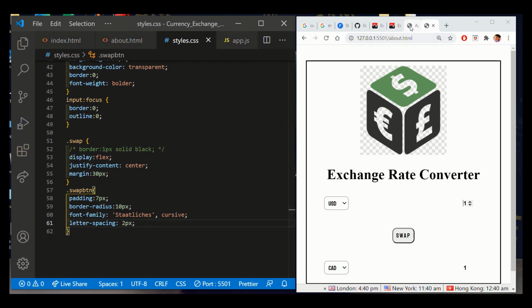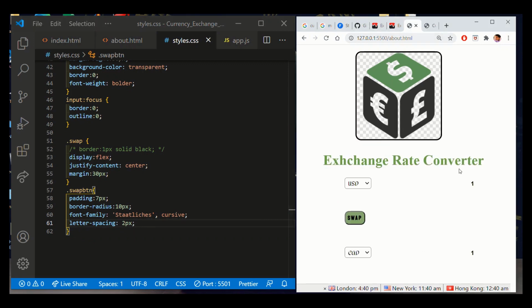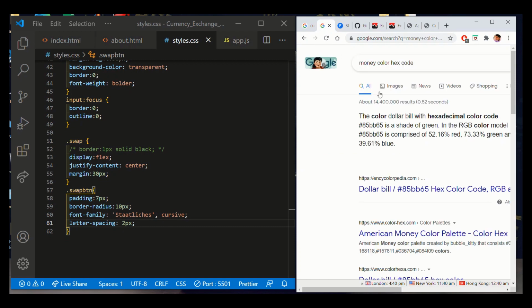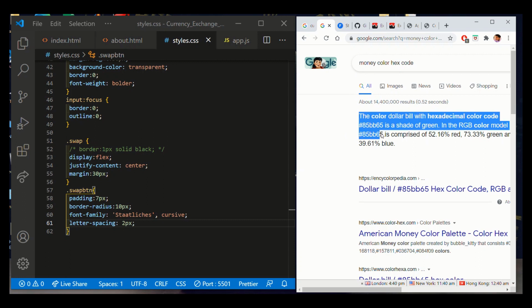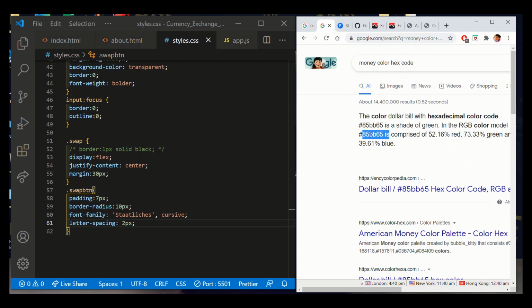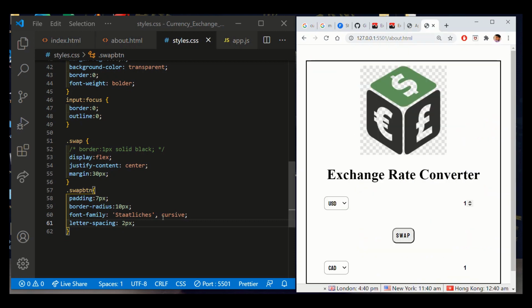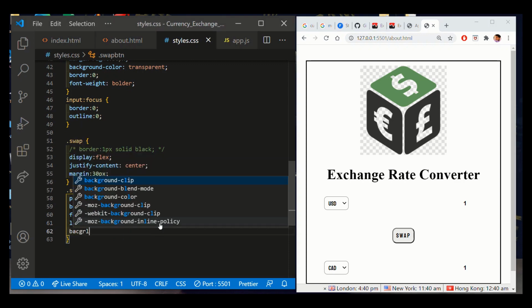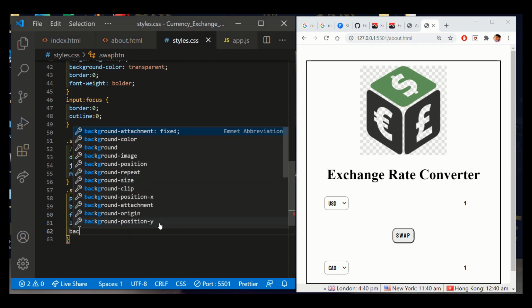And also we could see that these are in the color of green, which is usually taken from the money color. So I just searched in Google for money color hex code. So we could see that this is the money color hex code here. We are just gonna copy paste it in our project. So background color,